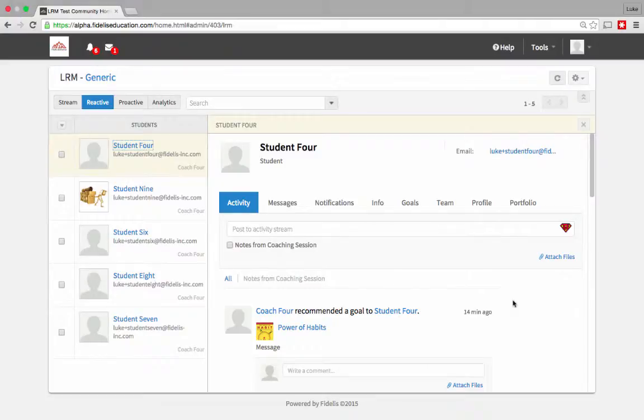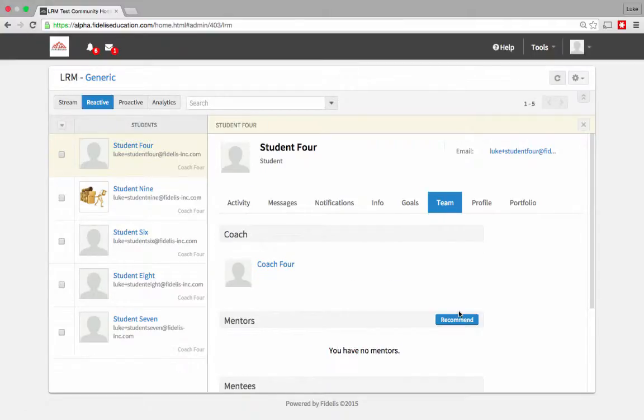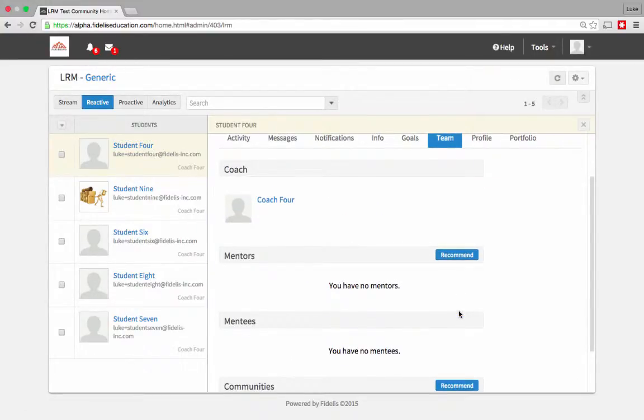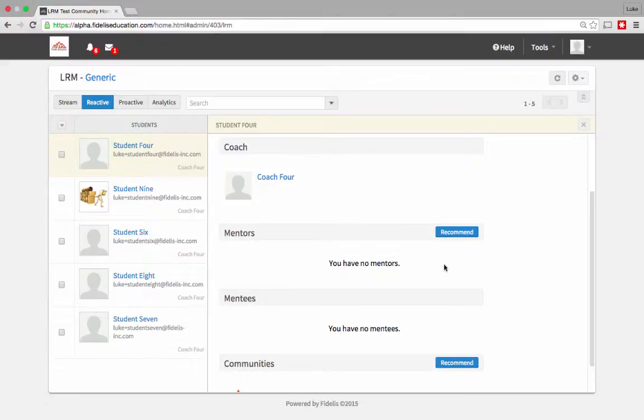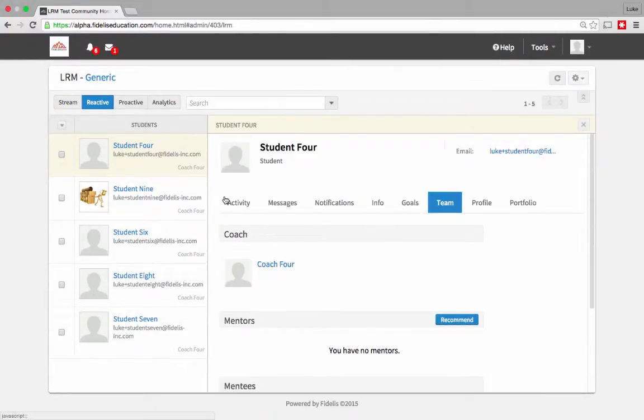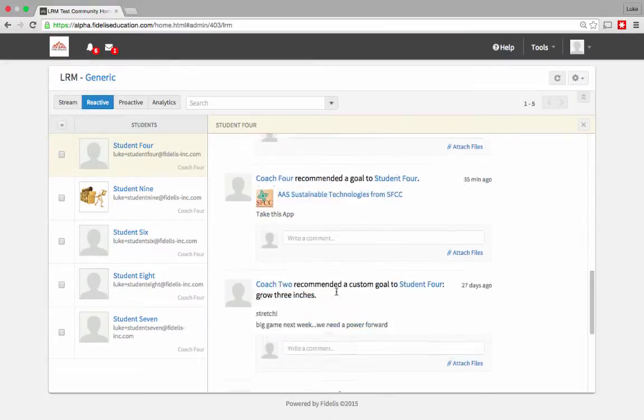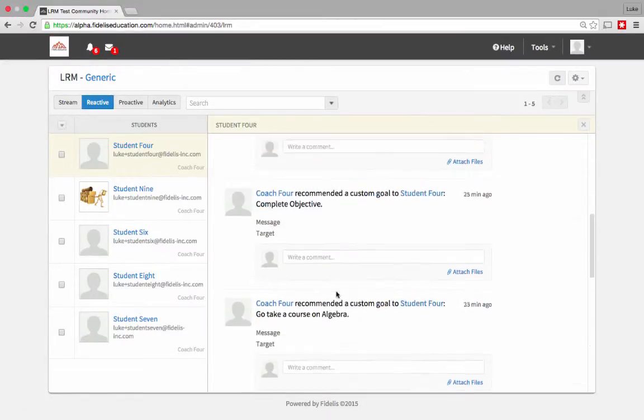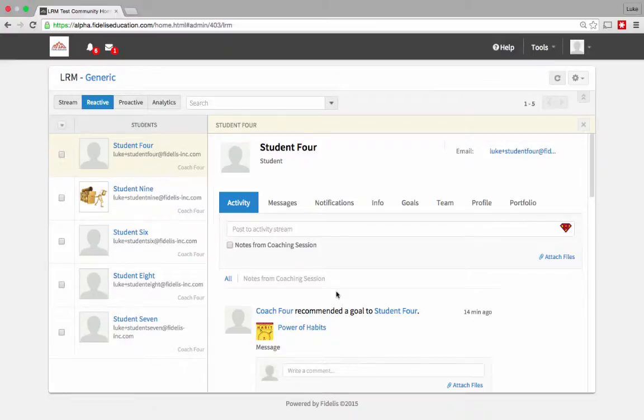Now, from this view, I can get a good idea of what's going on with each student, whether it be the activity that they're showing, the interactions they've had with other individuals, and the team of people that they've created around them. Now, if I've noticed that students don't have mentors, don't have mentees, are only involved in one community, and maybe aren't showing the type of activity that would demonstrate the engagement that I feel they would benefit from,